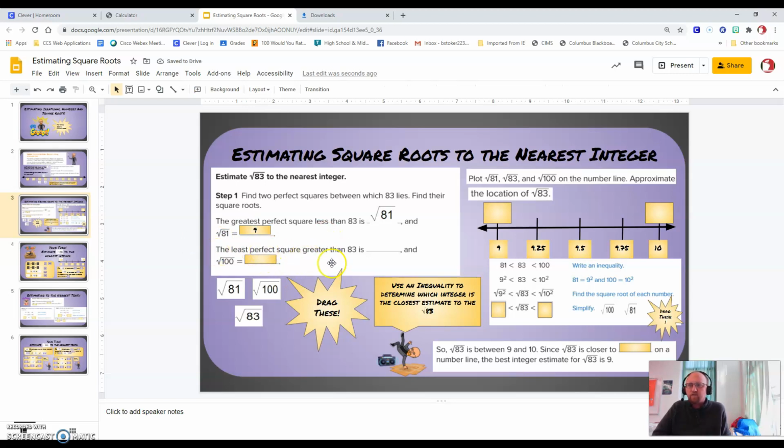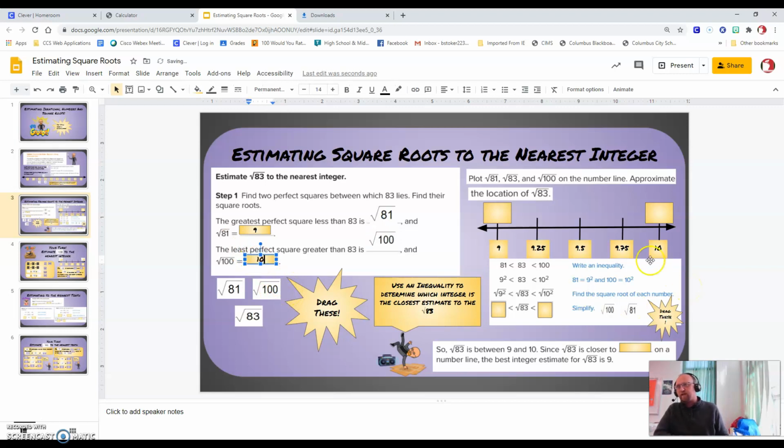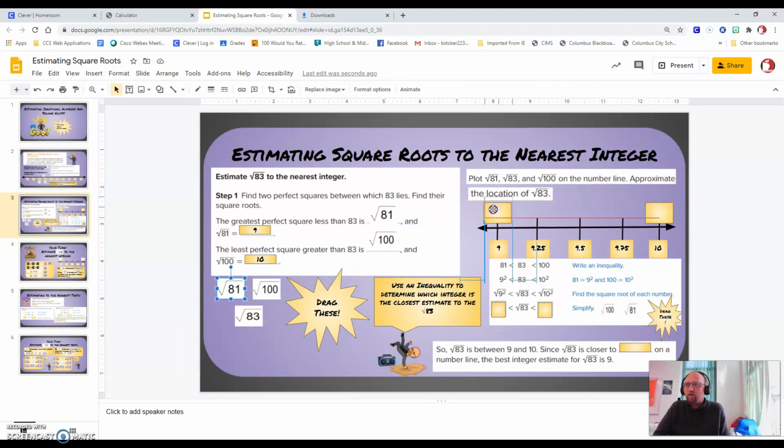The least perfect square greater than 83 is 100. And again, I know 121 and 144 are bigger than 83, but I want the two perfect squares that 83 falls between, okay? So it falls right between those two perfect squares. And I know that the square root of 100 is 10, okay? So now if you think about where they fall on a number line, the square root of 81